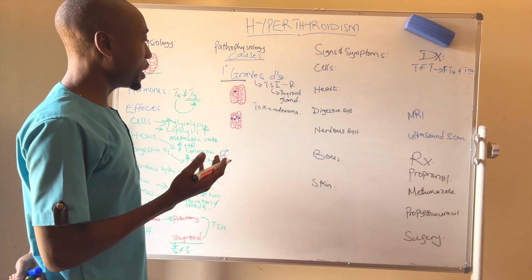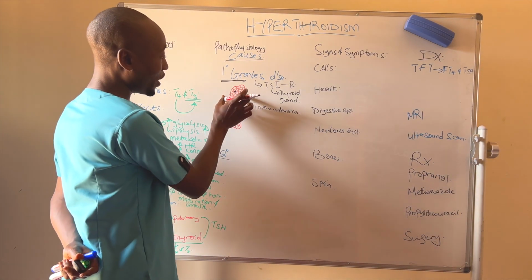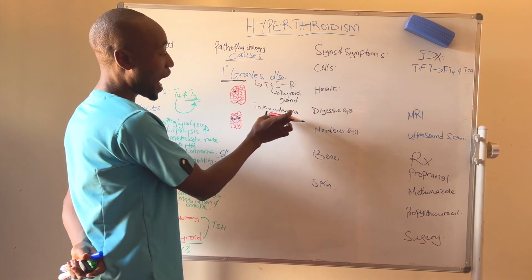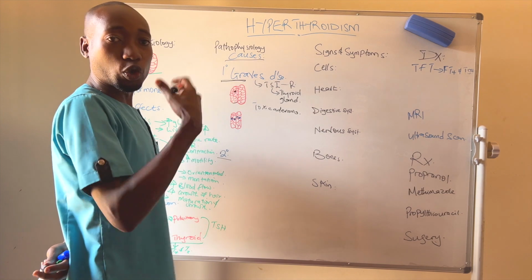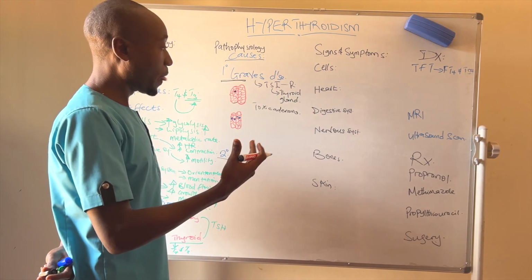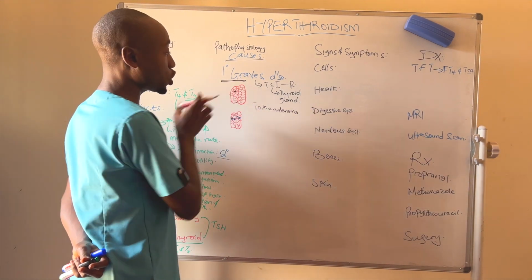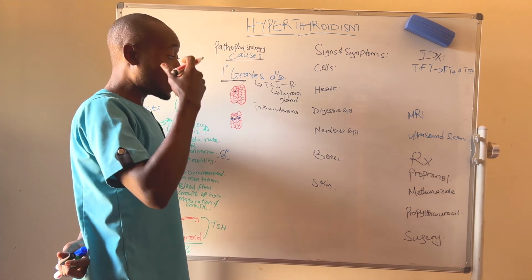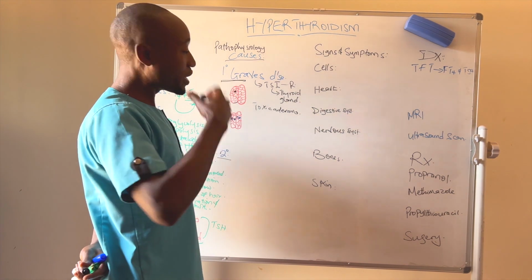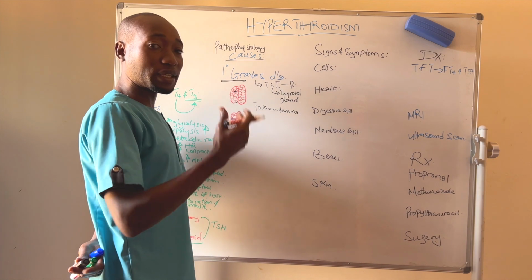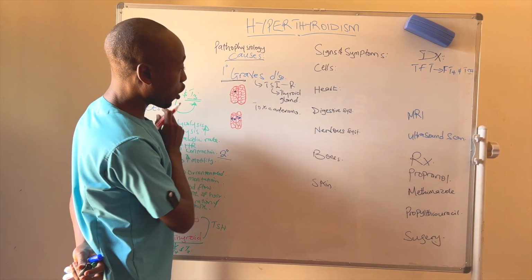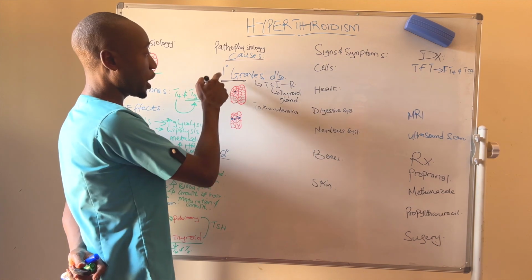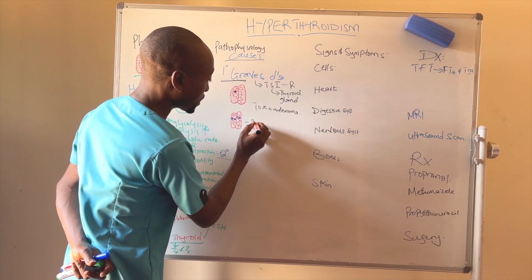Now, what does this mean? This means that the thyroid gland itself is having a tumor which makes it produce a lot of hormones, okay? So it has a single tumor on one of its lobes, and this makes it produce a lot of T3 and T4. Another cause, which is also a primary cause, is what we call toxic